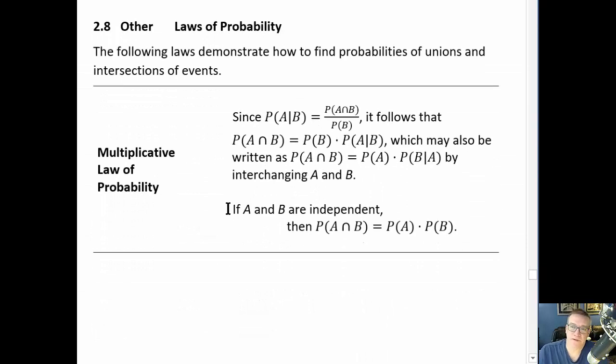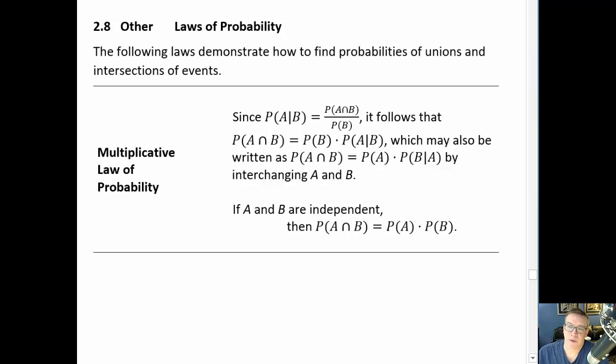Okay, so let's think about some other laws of probability. The following laws demonstrate how to find probabilities of unions and intersections of events. Since we know that the probability of A given B is the probability of A intersect B over the probability of B, it follows that the probability of A intersect B is equal to the probability of B times the probability of A given B,